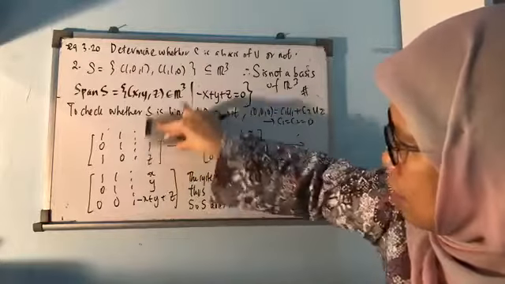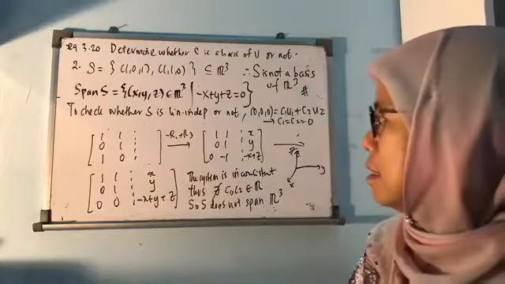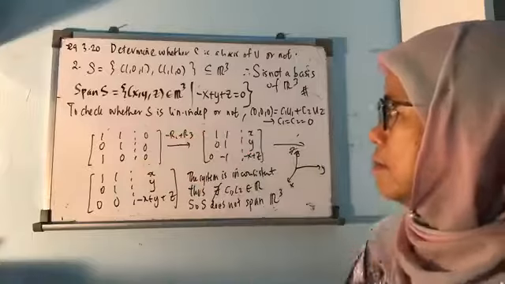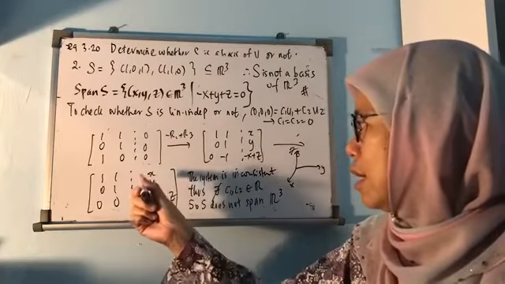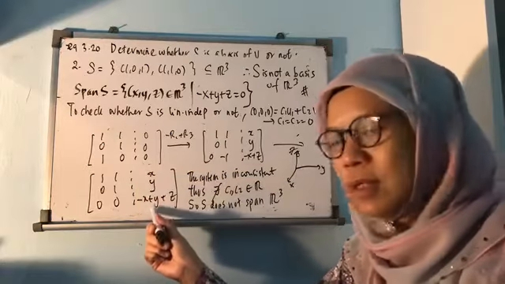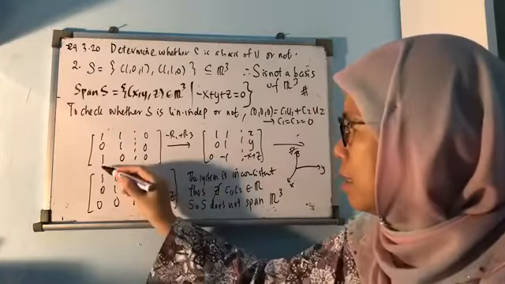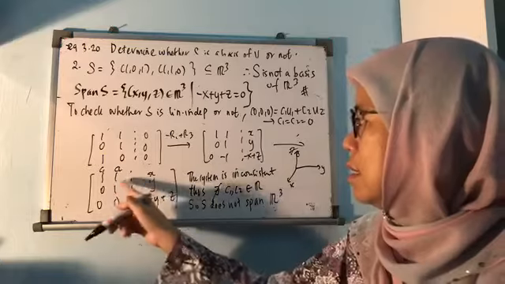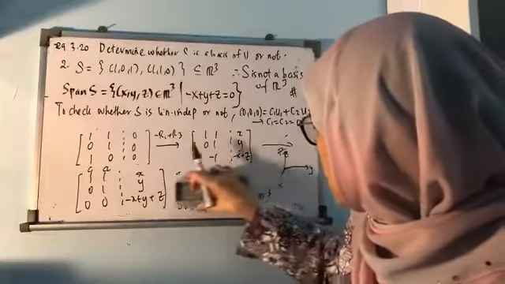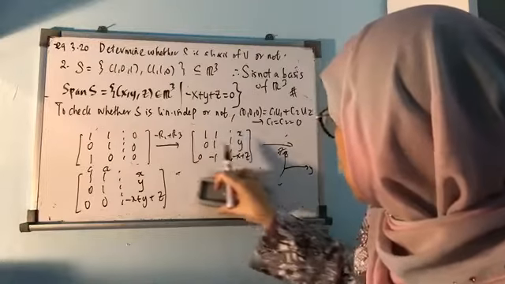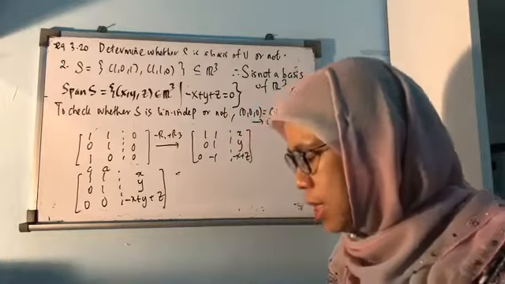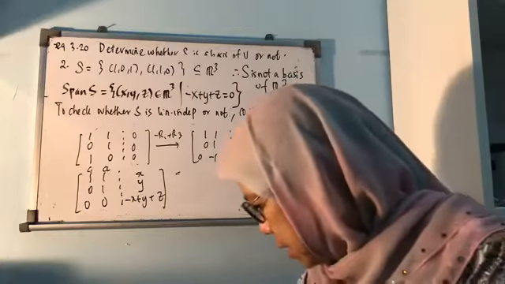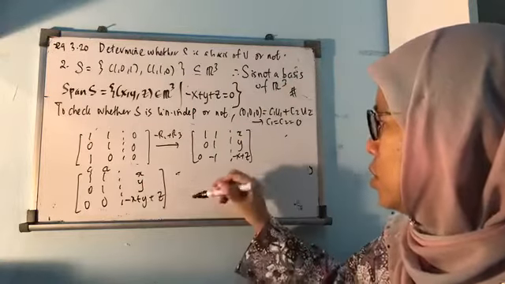When you replace 0, 0, 0 here, x is 0, y is 0, z is 0, you will get also 0, 0, 0. And from that you will get, so you don't have to do everything again. You just replace x, y, z equals 0, you will get